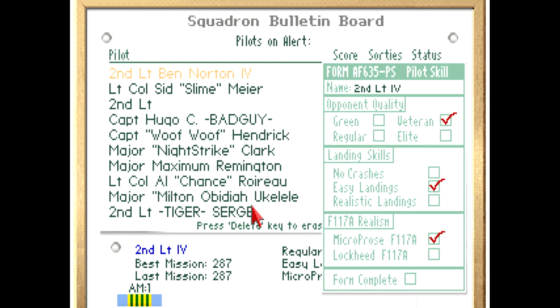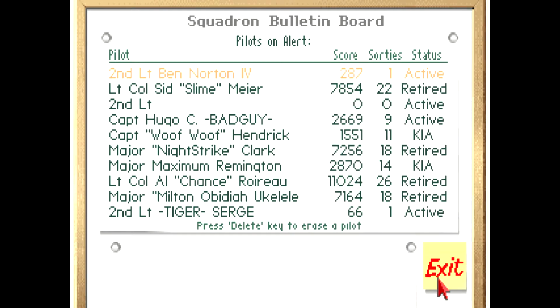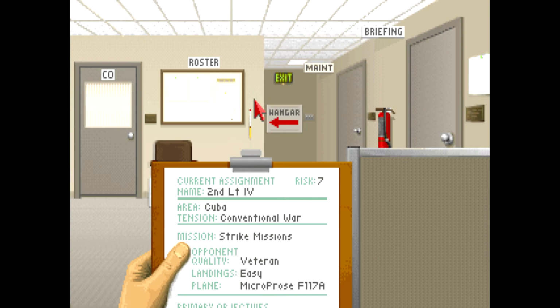What I want to try and do this time is pop the opponent quality up to veteran, so no one shot at us last time. I want to see what happens if we pop this up to veteran. I think we'll stay on Cuba. I might even try again landing at USS America, and we'll try and hit those arrestor cables this time, so you can see the effect of doing that. Be at Cuba, strike missions, easy landings, but veteran